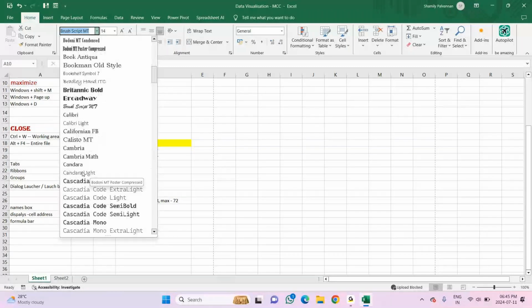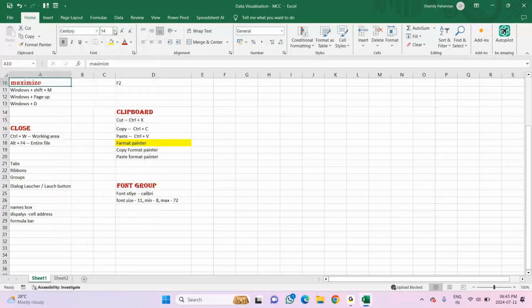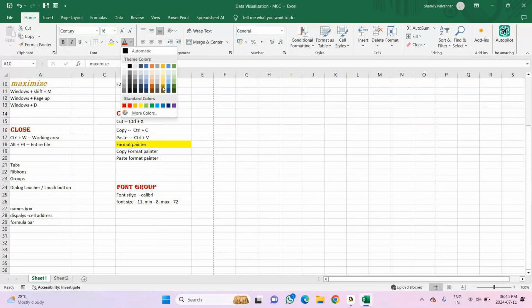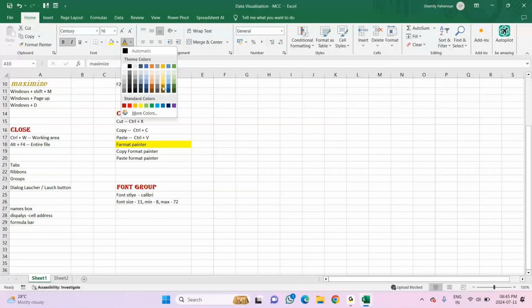I'll take Century Bold, and then I'll also make it italic. Then I will change the font size to 16 and the background color to some other color. Suppose I'm taking this dark yellow. I'm changing the font color to the dark yellow, golden accent, so that is the yellow color I'm using.